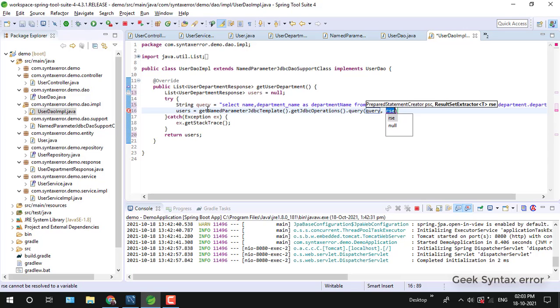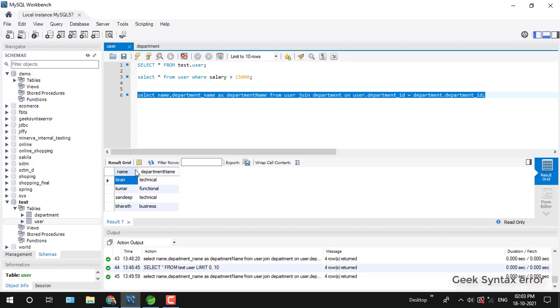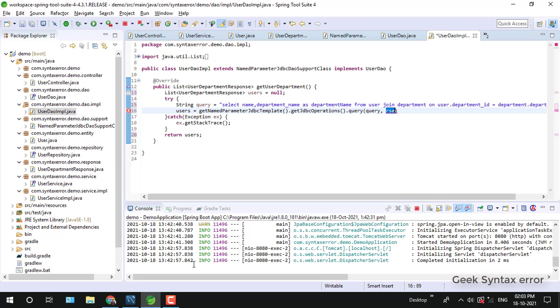But we have to pass some information to it, like the type of the class we need to pass. According to the type, the result set will be automatically mapped to the POJO. But one condition is there: the result set column names, as you can see, name and department name, should be the same as the fields we defined in our response POJO.